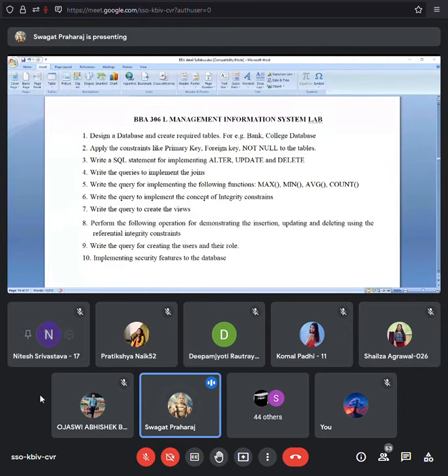But in fact, if you look it up in the dictionary, an entity could be any object which is related to the real world. We can say it is a real world object. So here also in a database, an entity plays a very, very important role. Now, let us say, for example, a student. Can I say a student is an entity?